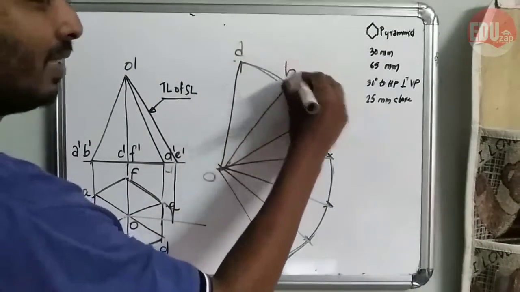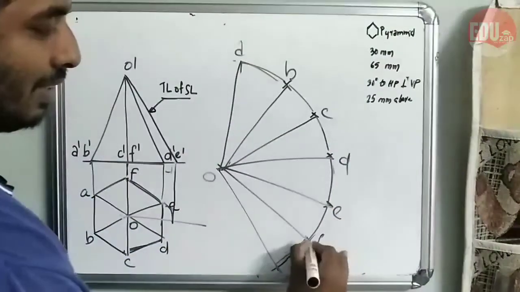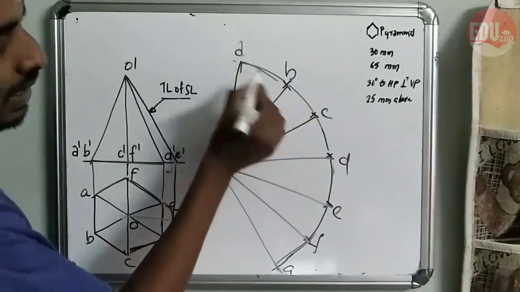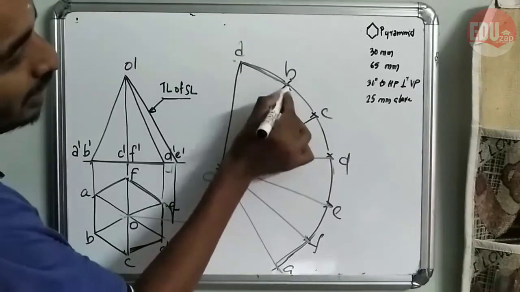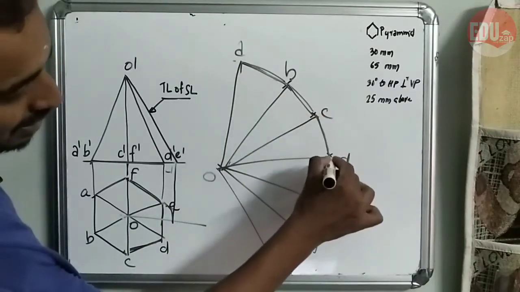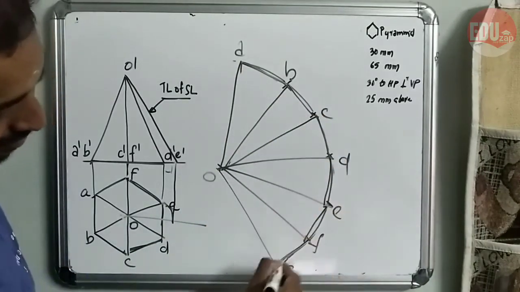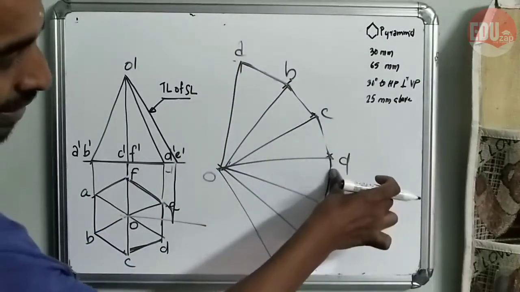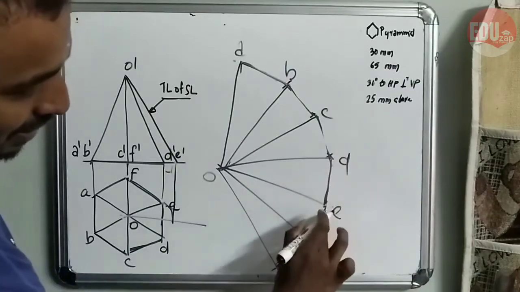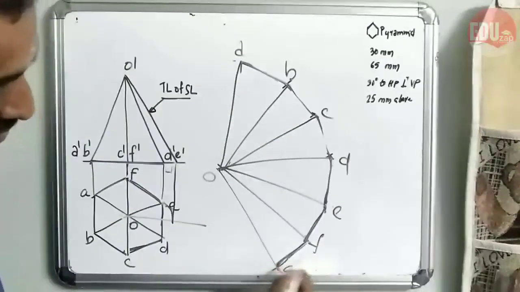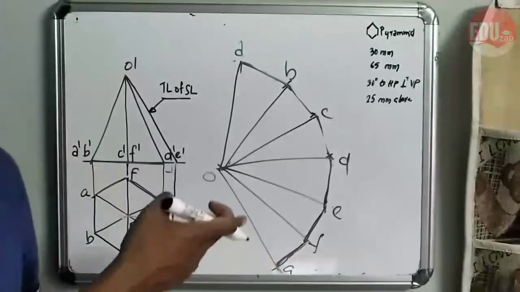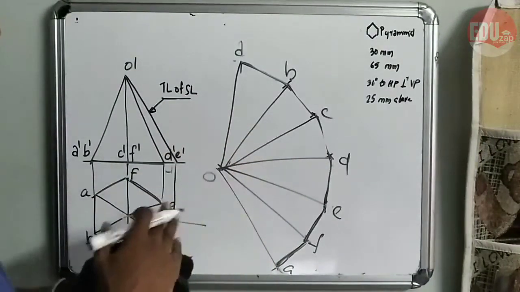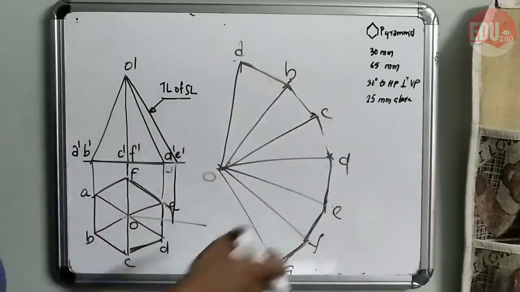A, B, C, D, E, F, A. Then these are representing sectors. We need isosceles triangles. For that you need to join these 2 points. And where is this arc? If the arc is actually a thin line, then you can retain it, no problem. Otherwise it would be better if you can erase that curve.